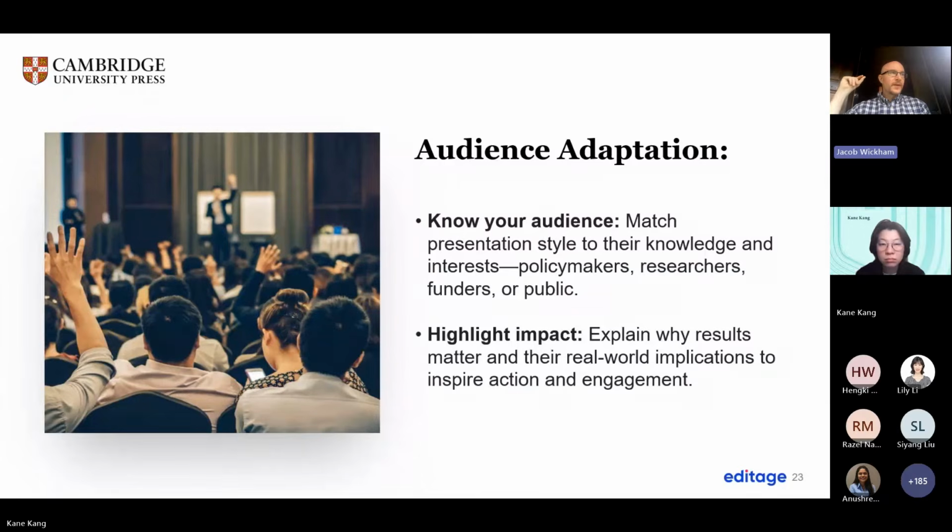So I would say 95% of the research that is done in the world is done by graduate students, like master's students, postdocs, and PhD students. So when you go to a conference, you may only have a 3-minute presentation or a 10-minute presentation. Everyone at the conference knows that the exciting science is happening with the early career researchers, and they make a point to go to those talks.